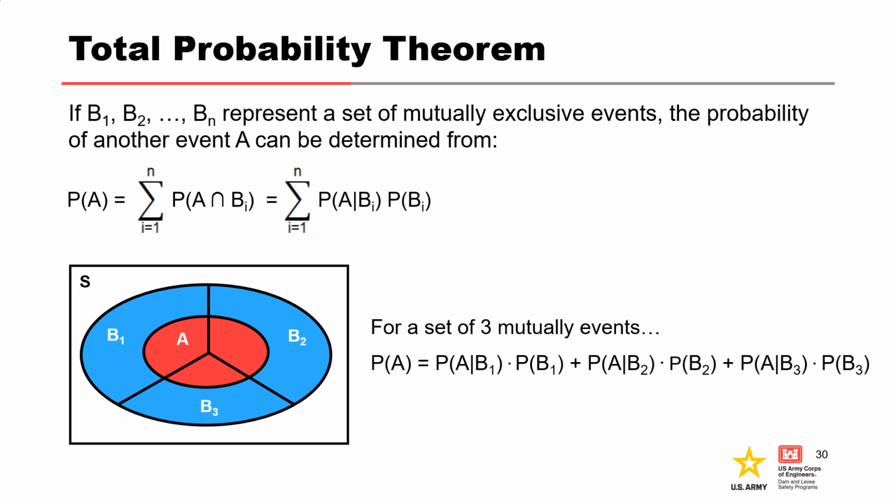The theorem states that for a finite set of mutually exclusive events of a sample space, B1, B2, and so forth, then for any event A of the same sample space, the probability of event A can be calculated by multiplying the conditional probability of A given B by the probability of B at each interval, then summing up the products over all intervals. As will be discussed later in the course, this is what we do when we work